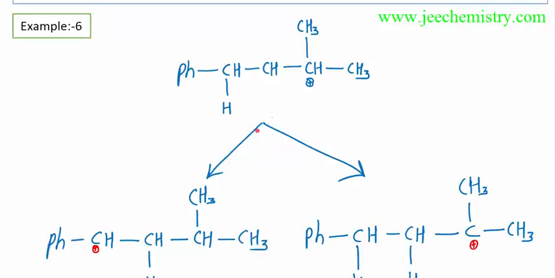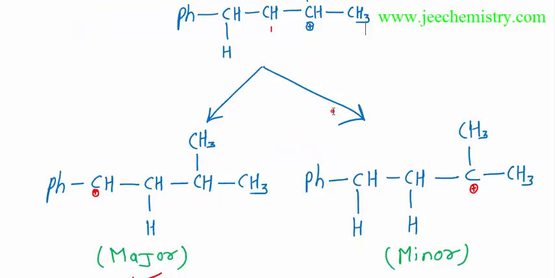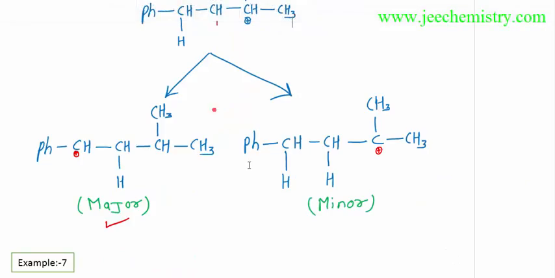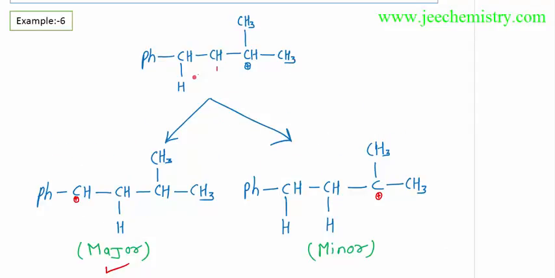Now similarly, here is a plus charge. Here the CH is in this place. Here is H. Where will it shift? There are two possibilities to shift. In this structure I have shown, a major product and a minor product will be formed. If this hydrogen shifts, here is one hydrogen. Here is one hydrogen. If this hydrogen shifts to these positions,